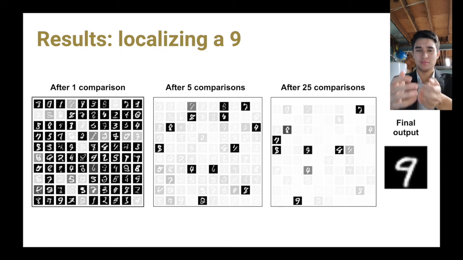most of the digits remaining look like 9s. Something similar to a 9, such as a 4 or a 7, may show up as well. But in general, the least faded images are 9s. So this experiment actually only further shows the fact that our pair comparisons algorithm is effectively able to generate a